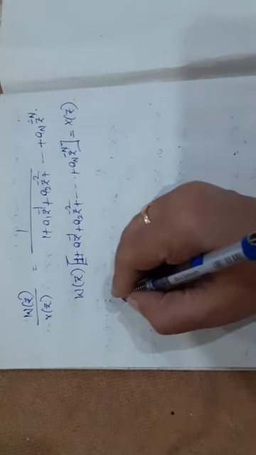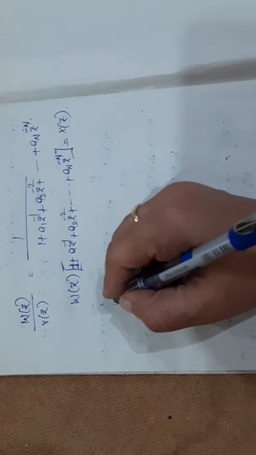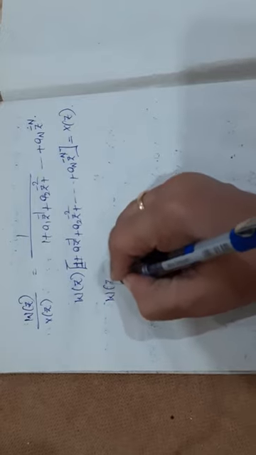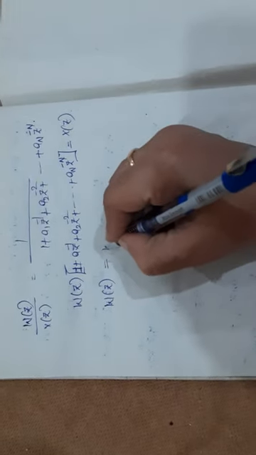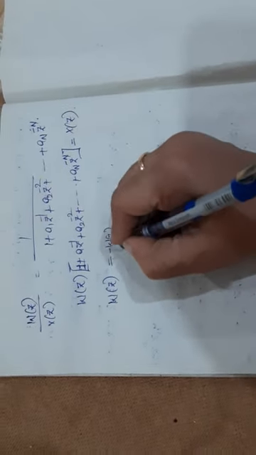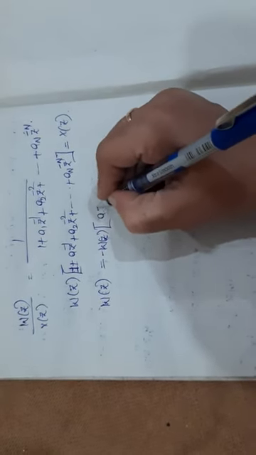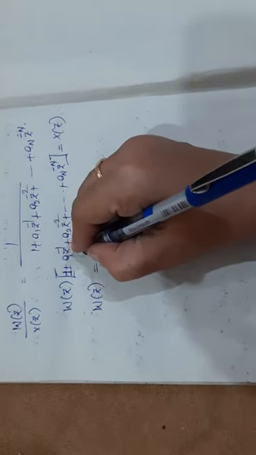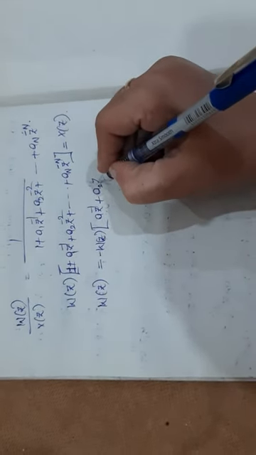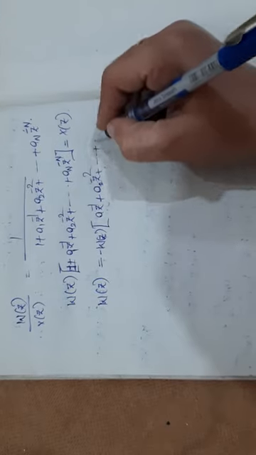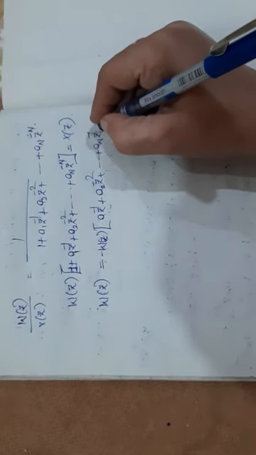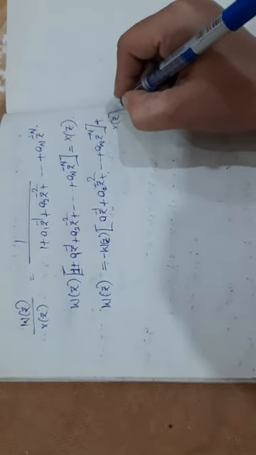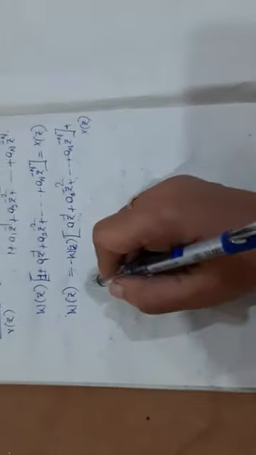So I am writing W(z) is equal to W(z) into (a1 z^-1 + a2 z^-2 + ... + an z^-n) plus X(z). Okay, so first